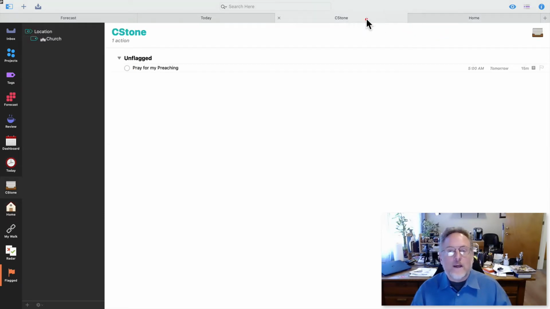On Sunday morning, I use a sequential project. And as I get in the morning, for the idea of margin, for example, church starts at 10:45. I get there at 8 o'clock in the morning. At 8 o'clock, I start turning on the technology.